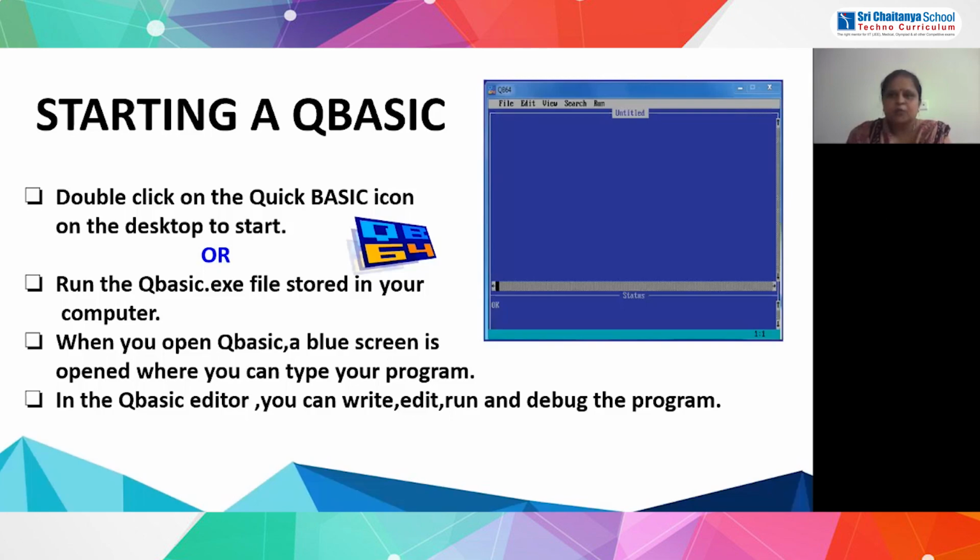In the same way, to write a Qbasic program, we have an interface called QB64. You can find this QB64 icon on your computer lab's desktop. If it is not there, you can find it in D drive or E drive in your school computers. Just double click on the Qbasic icon on your desktop, or you can use the qbasic.exe file which is stored in your computer. When you open that .exe file,